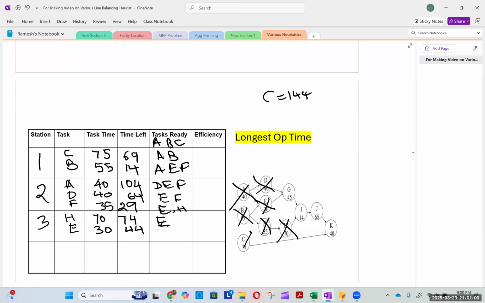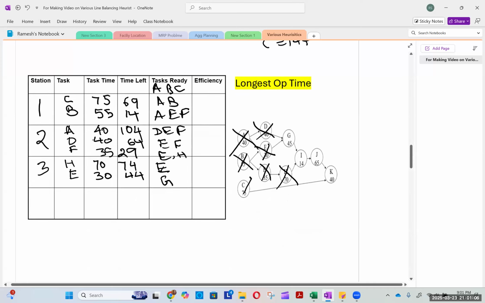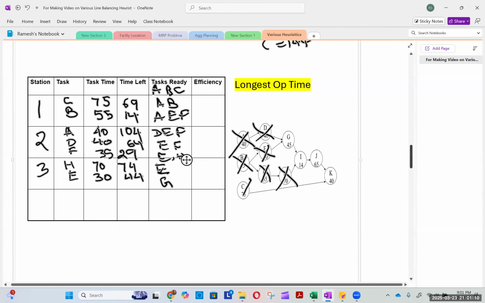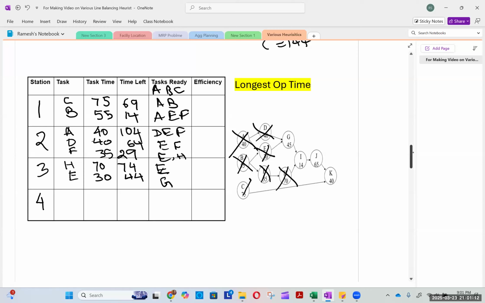And after you do E, the task which is ready is G. And G takes 45 seconds, and it won't fit in this station. So this 44 seconds will be wasted. So you have to go to next station and allocate task G, takes 45 seconds, time remaining 99. Again, every station gets 144 seconds. So when you allocate G here,